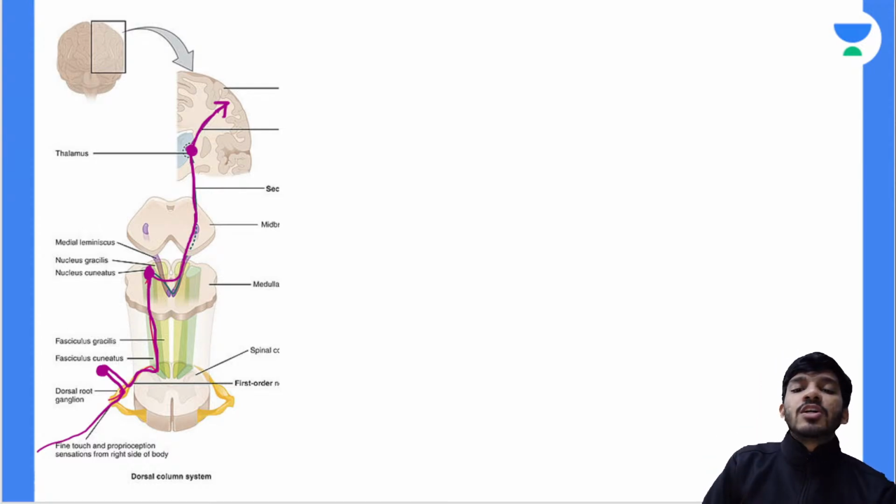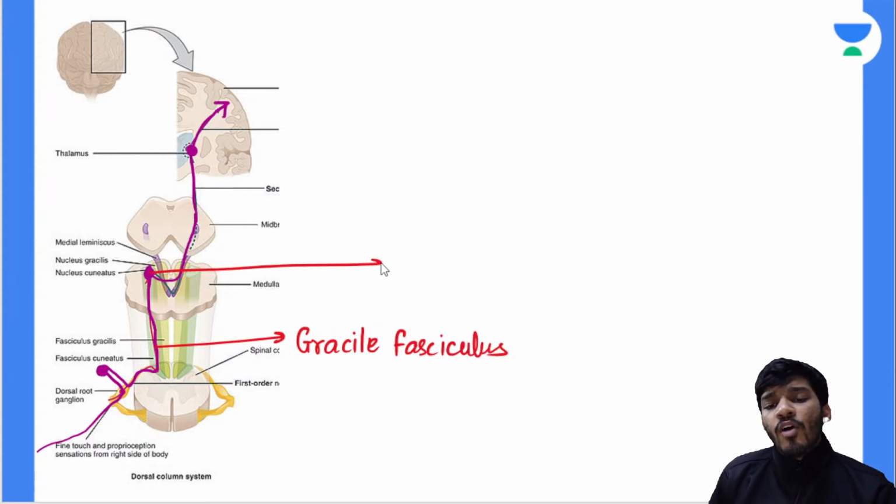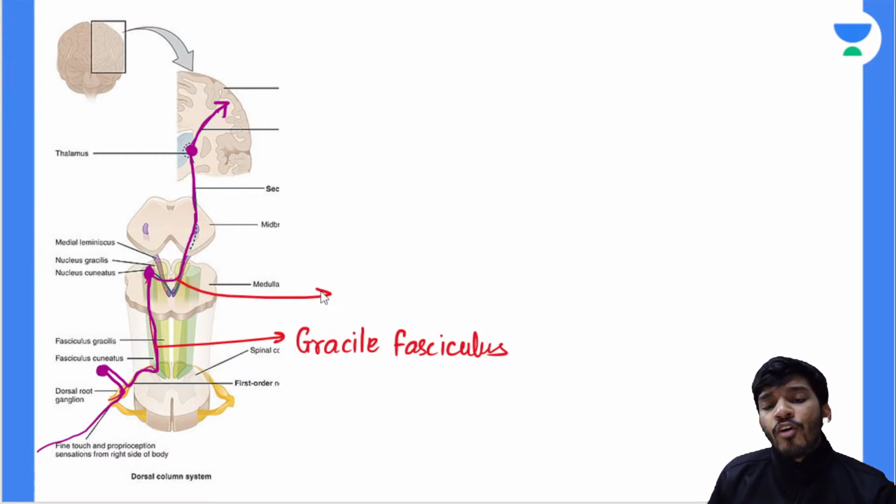So I will label some structures, just label them along with me. Here you had the first order neuron coming from the receptor. Let's say this was coming from the leg, so it will be called the gracile fasciculus, right? The second order neuron will be forming in the nucleus gracilis, or the gracile nucleus. Then you have the formation of the crossing over fibers, that is the internal arcuate fibers